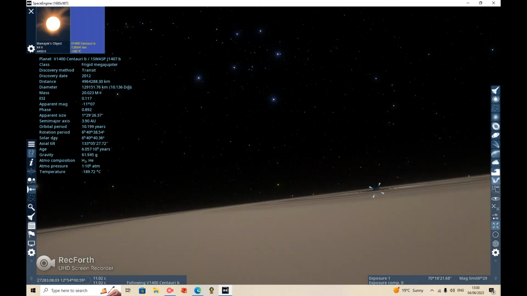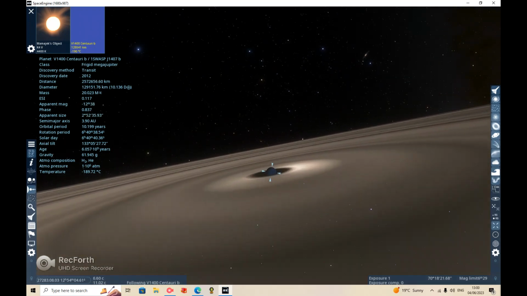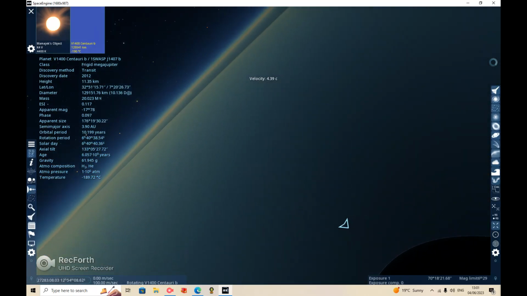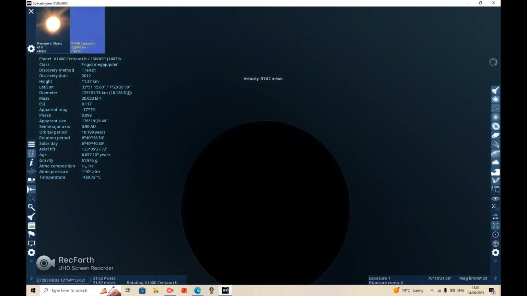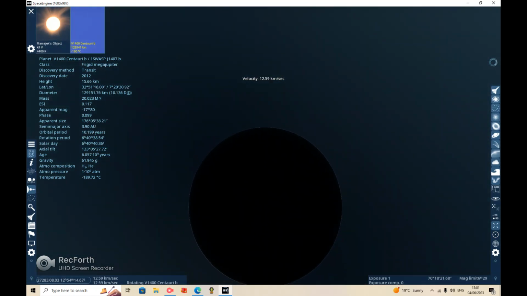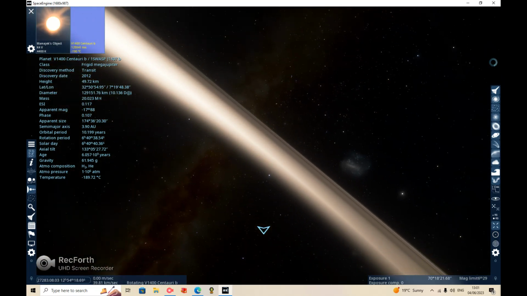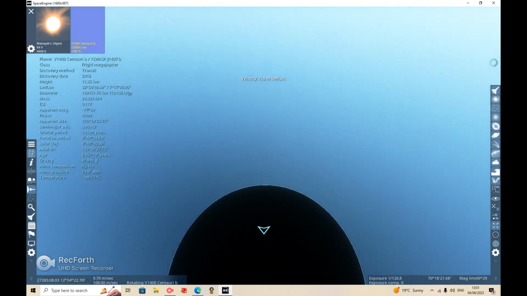But its star is called J1407. That's it. And you can actually land on it. Look how sick this looks. Wow. I mean, that's cool.